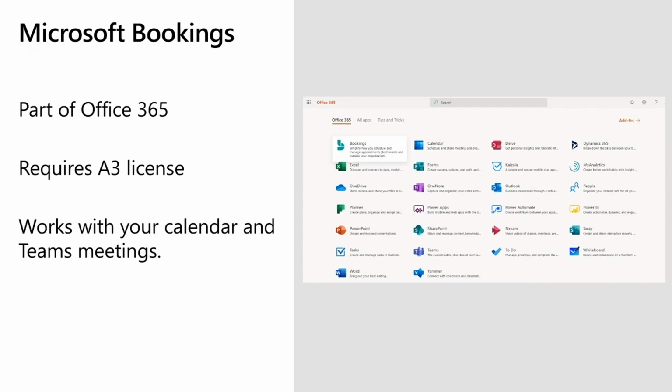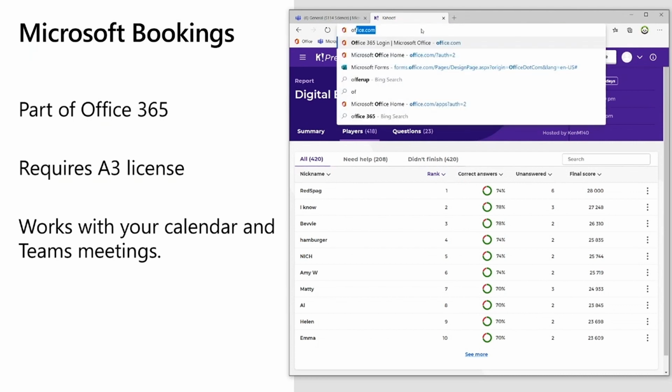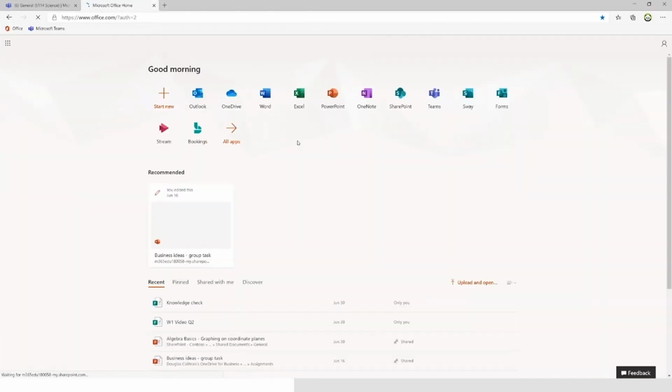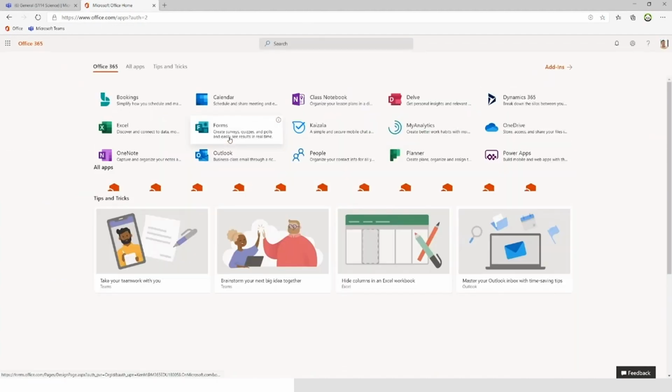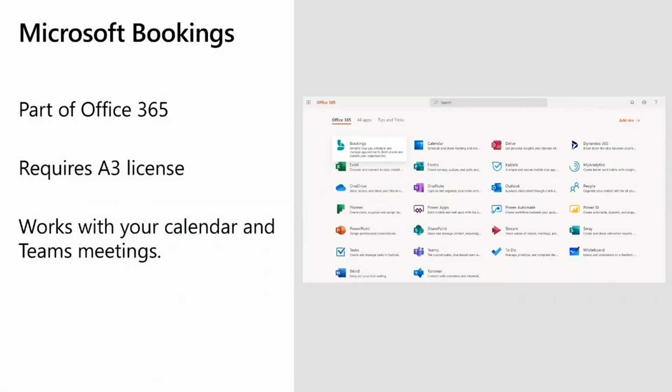So what you'll be seeing just there is, if I head on over right now and go to office.com, Office.com allows me to see all of the apps available to me as part of my Office license. And if I click on all apps, Bookings with a B comes right at the start. So this is something to be aware of as a really nice tool that's available as part of Office 365. What this is going to allow me to do is really nicely go through, and what you'll see here is it works with your calendar.